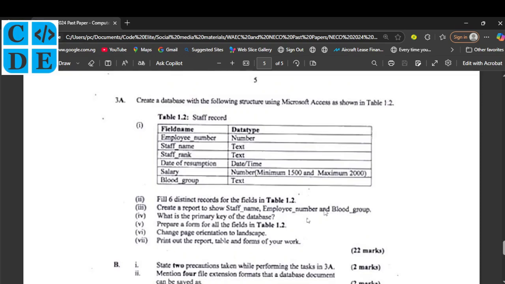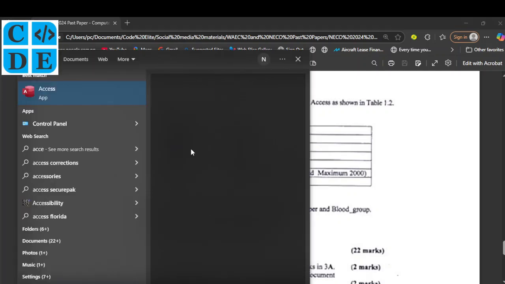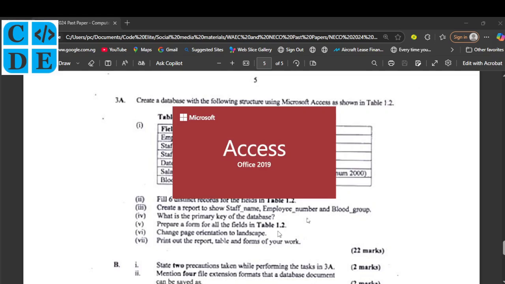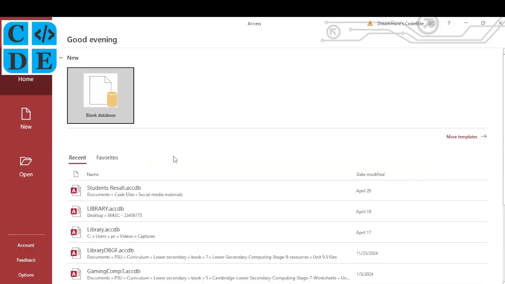The question says, create a database with the following structure using Microsoft Access as shown in table 1.2. So we're going to create a database, and in the database, we'll have this table, and the table will have these fields. Okay, now you launch your Microsoft Access. So here is our Microsoft Access. So you click on blank database,